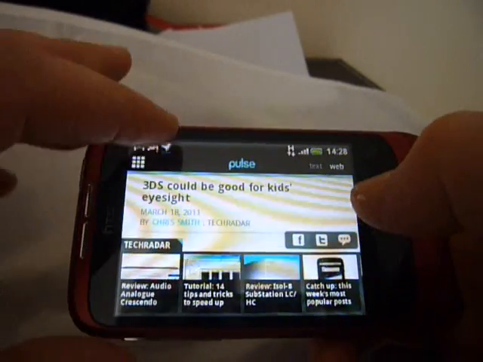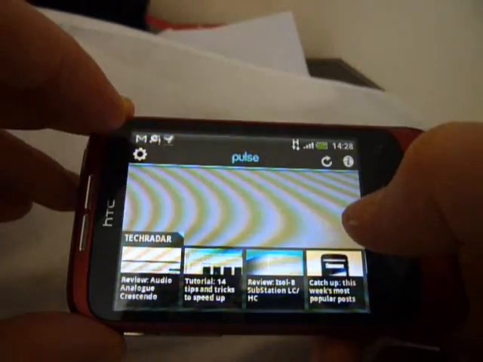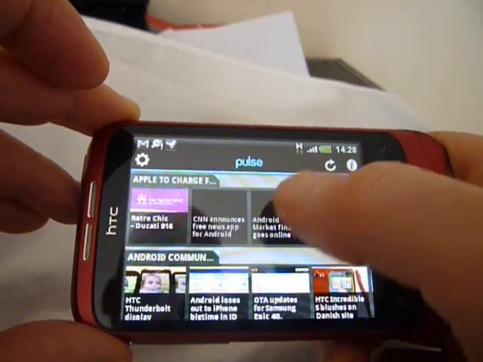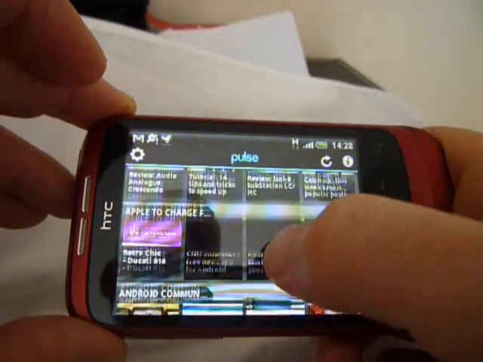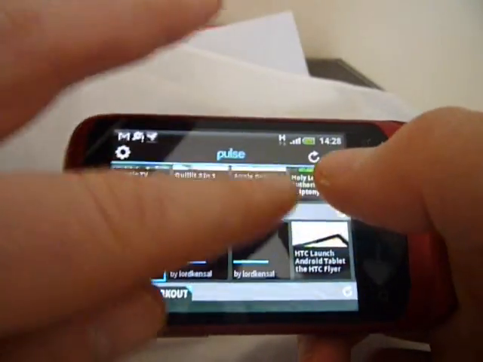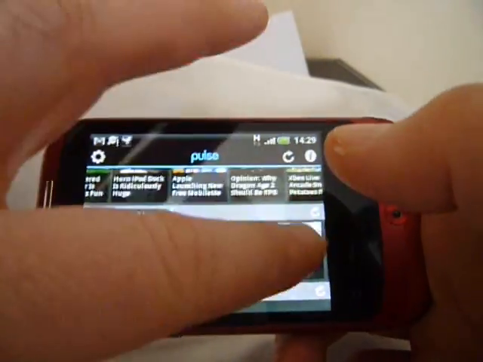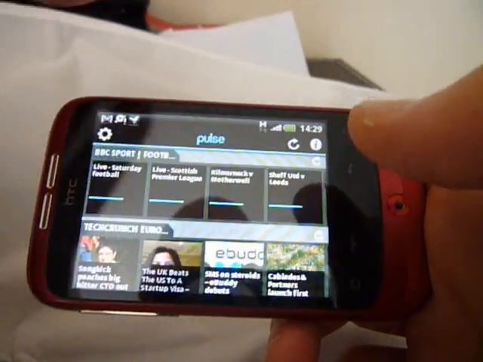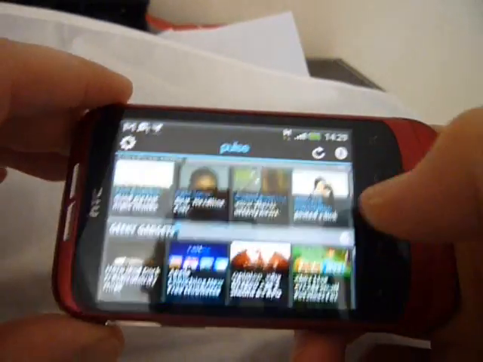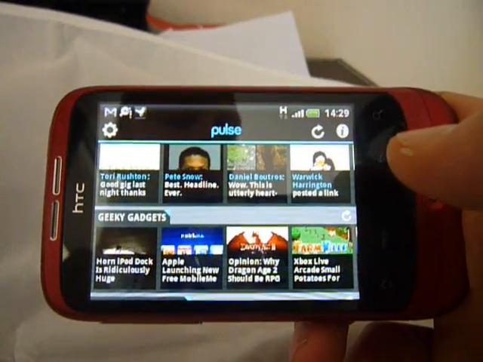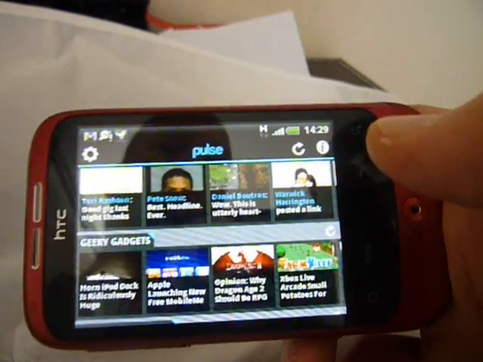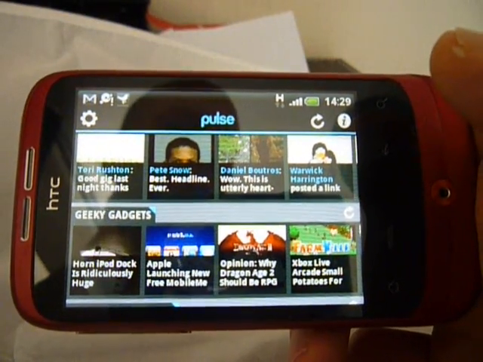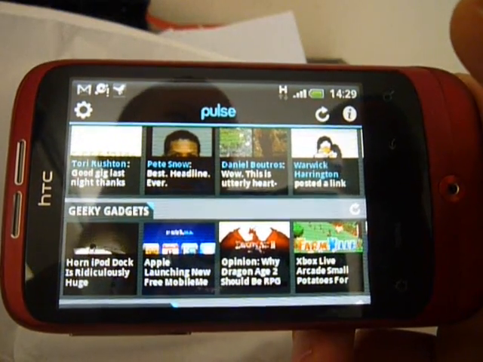It's just so easy to get your news sources, so easy to flick through these with ease. It looks really cool. I just love the way that the stories just scroll so easily there, and it's probably one of the best news reading apps that are out there. It would look 10 times better on a larger screen. As I say, this is the HTC Wildfire, so one of the smaller Android phones, but if you had a